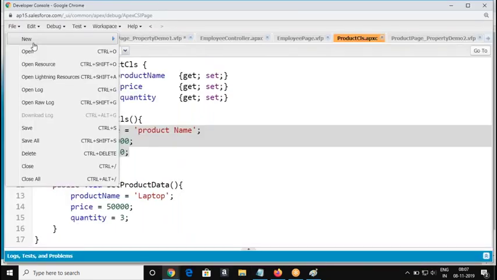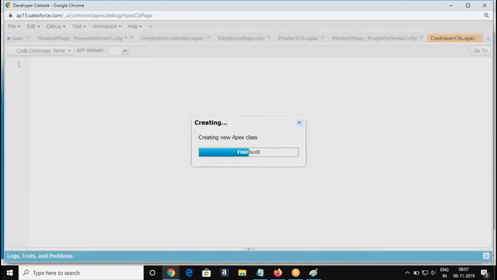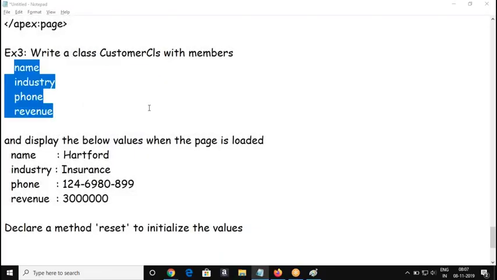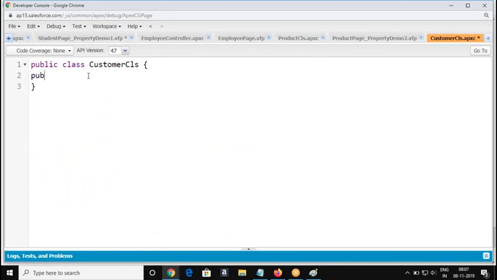Customer class, and what are the member variables you are going to declare? Name, public, string, should be a property, right?